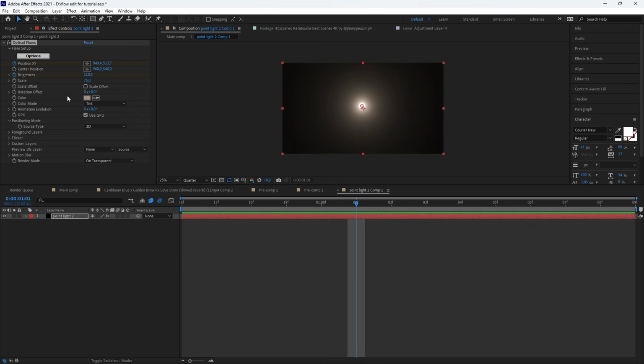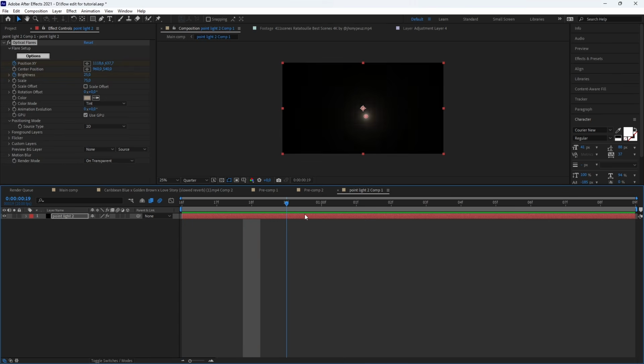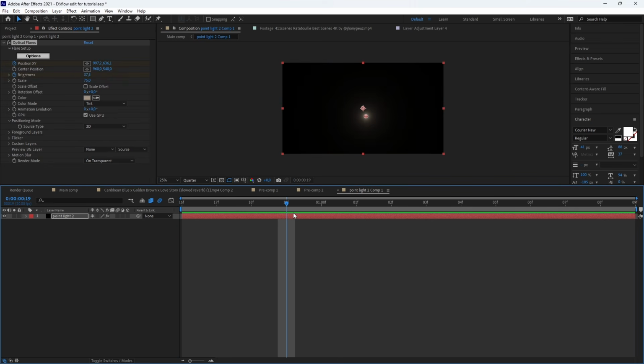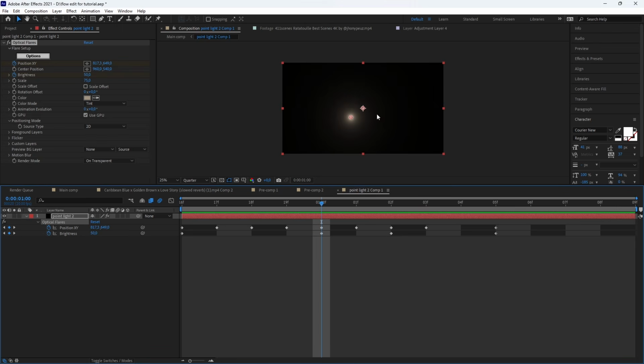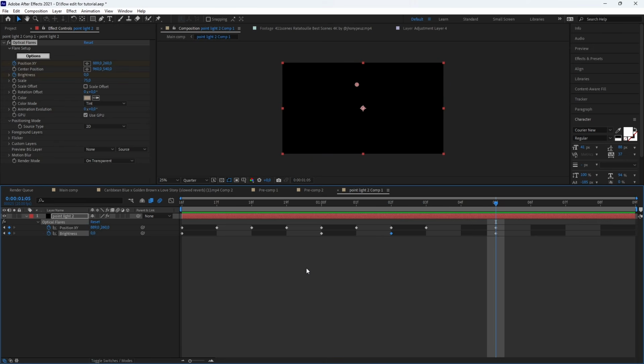That's it. I changed the color, reduced the scale, and then played with the brightness. At the beginning it's 0, then it goes to 50, then 170, and then to 0 again.